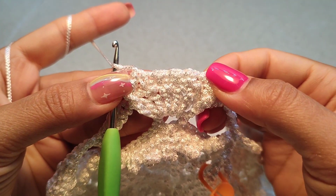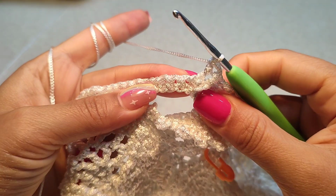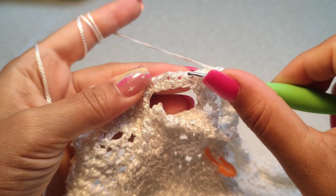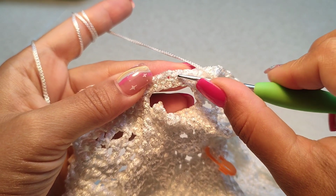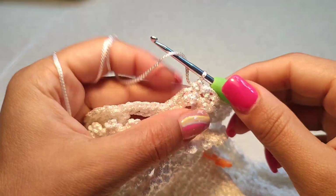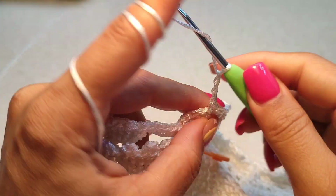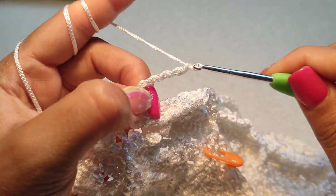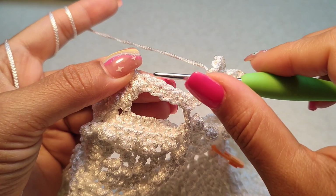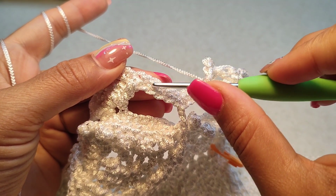Now here, top of second single crochet, 1, 2, we make a single crochet. Now 5 chain, 1, 2, 3, 4 and 5, and another single crochet into the second from left, 1 and 2 here,